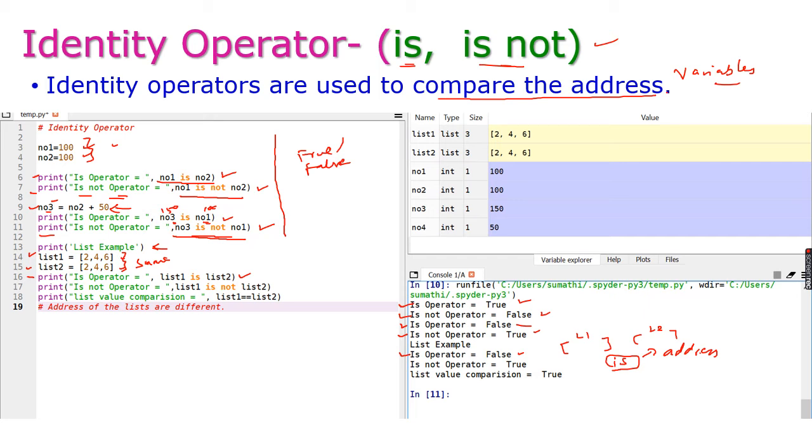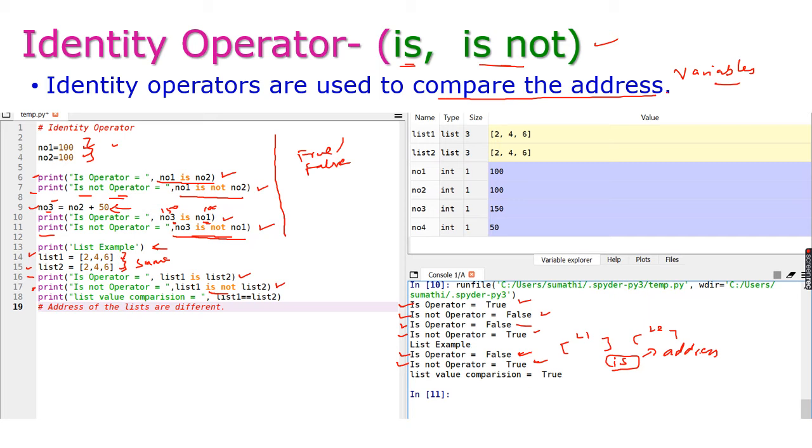Here the lists will be stored in different places, so both have different addresses. This will give only the false value. And I am going to test with is not. List 1 is not list 2, then this will give true because both addresses are different, isn't it? So it will give true.